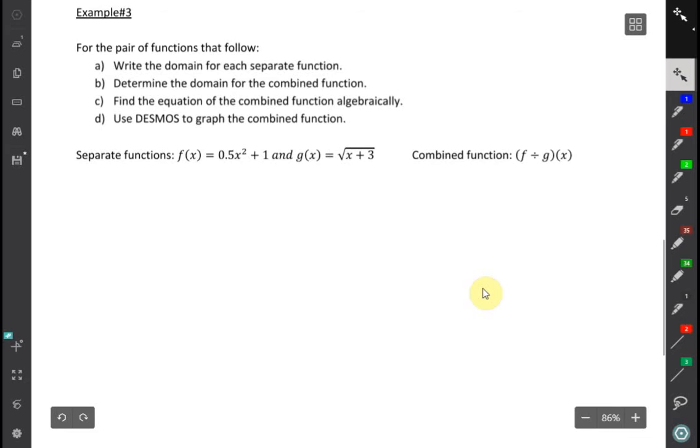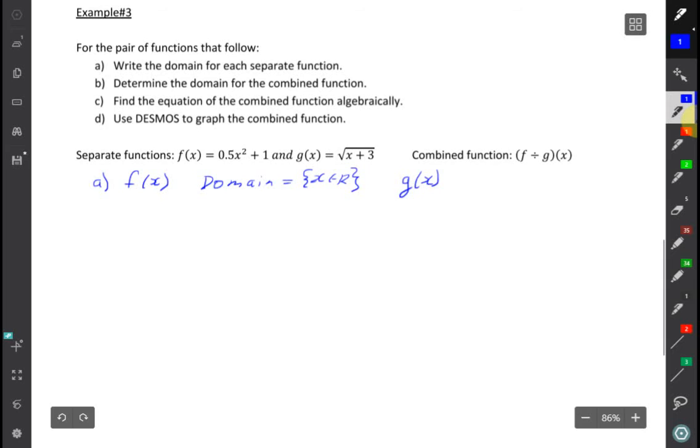Looking at the domain of each of these, for f at x, it's quadratic. So once again, its domain is x element of R. For g at x, we reviewed square root functions in the minds on. The value underneath the root sign has to be greater than or equal to 0 so that we don't have the square root of a negative. So the domain